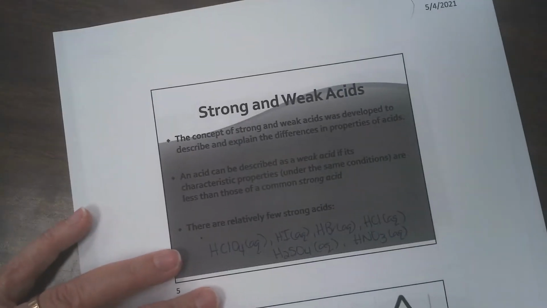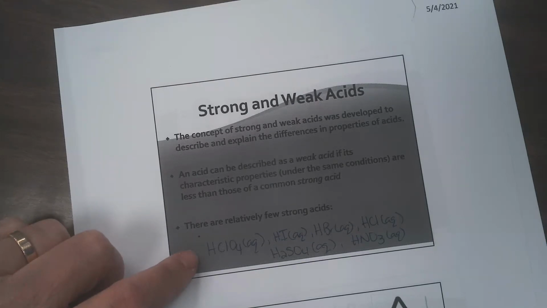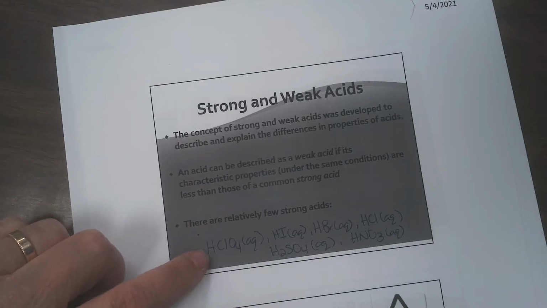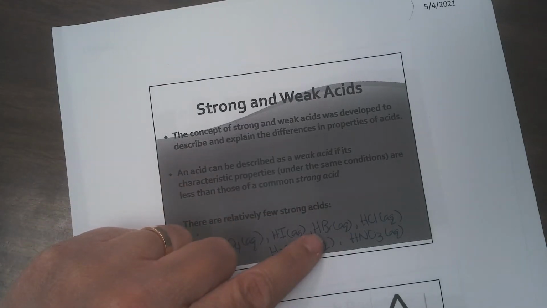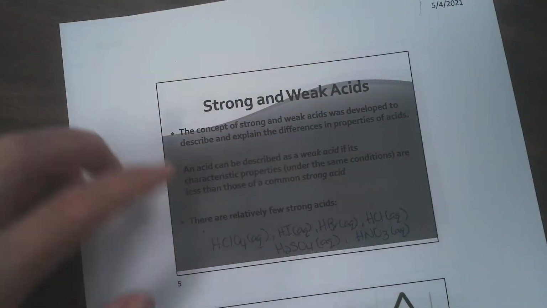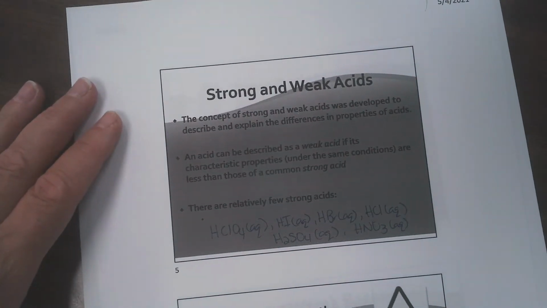You are required to know these 6 acids by being able to write, from the word perchloric acid, HClO4, or from HBr, knowing that it is hydrobromic acid. Not relying on page 8 to 9 to tell you that. These are 6 very common ones, or the 6 strongest ones, and so you just need to commit these to memory.